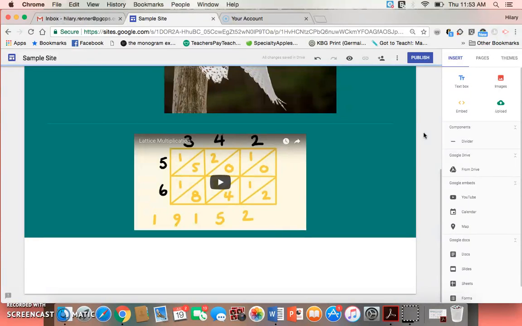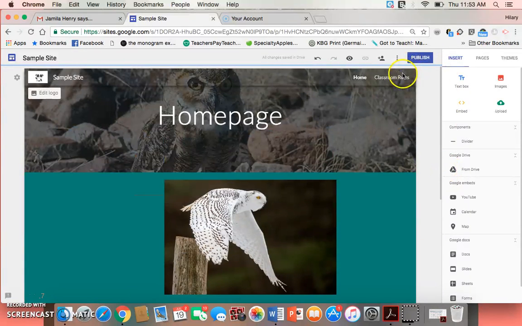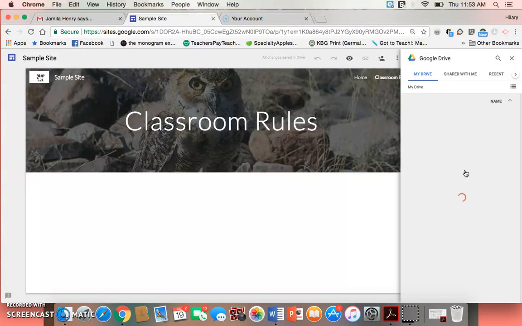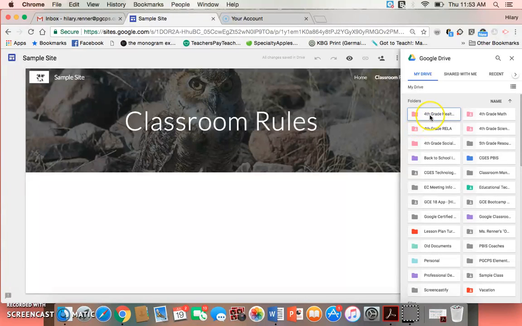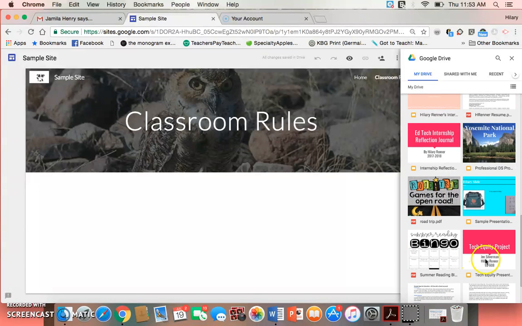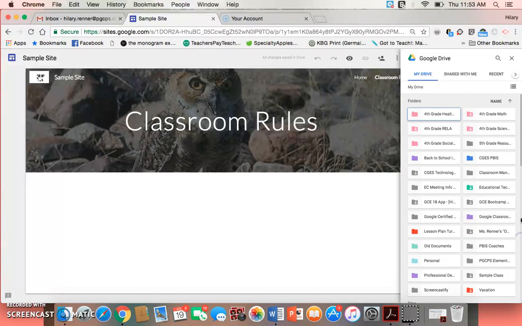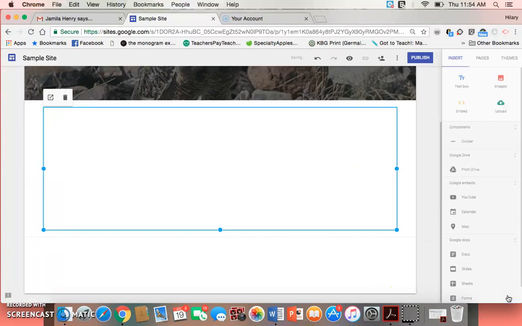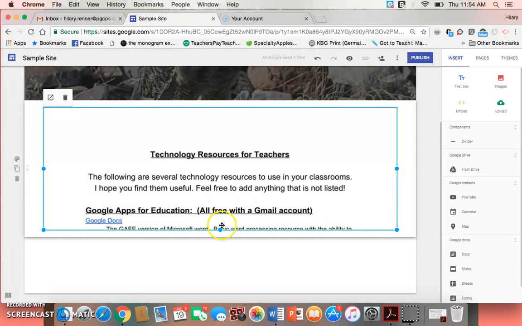The best part I think about this new Google Sites is literally you can take everything you want straight from your Drive. So we're going to go back to this menu over here from Drive. You can put documents. You can share a folder if you want. I'm just going to do a document. Some of these are documents I don't use for school, but we'll just say I want to share this technology resources, and you can just click on it and insert it,